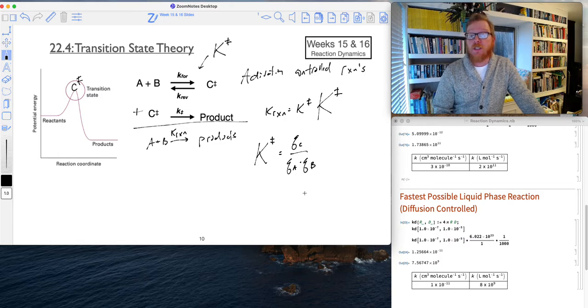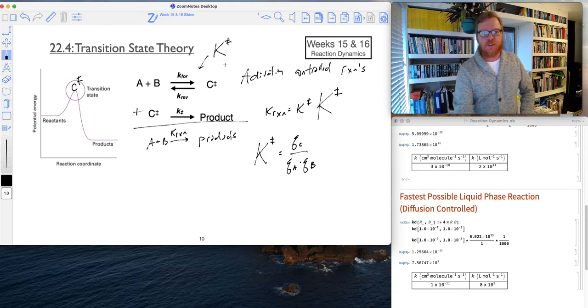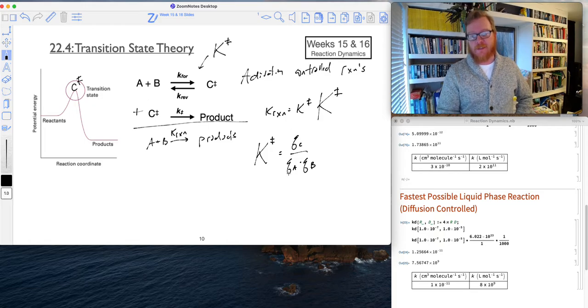So much like activity, we can write an equilibrium constant in terms of partition functions as well. Okay, so just like with our equilibrium constant, right, products over reactants, so that's all we've done here. But now instead of saying activity, we're going to use the partition function. And then there's also this minimum energy requirement, e raised to the negative